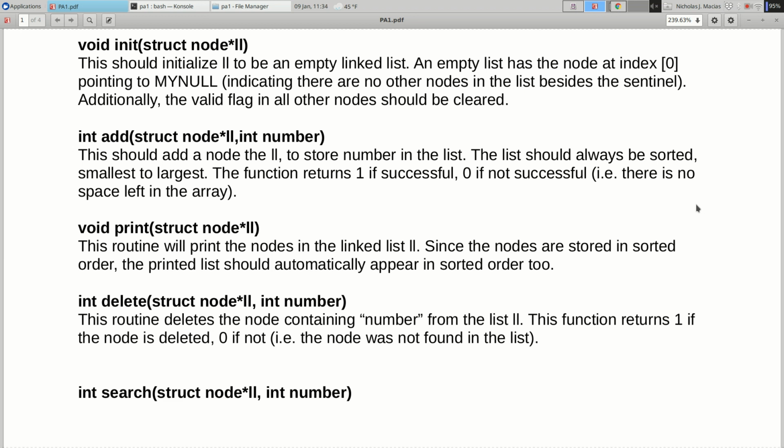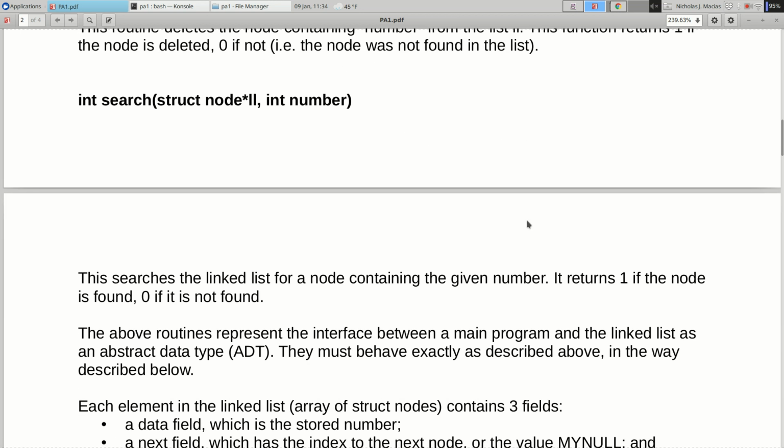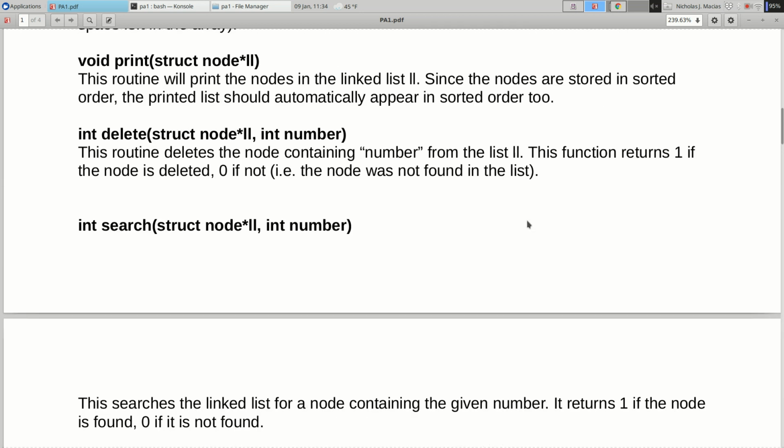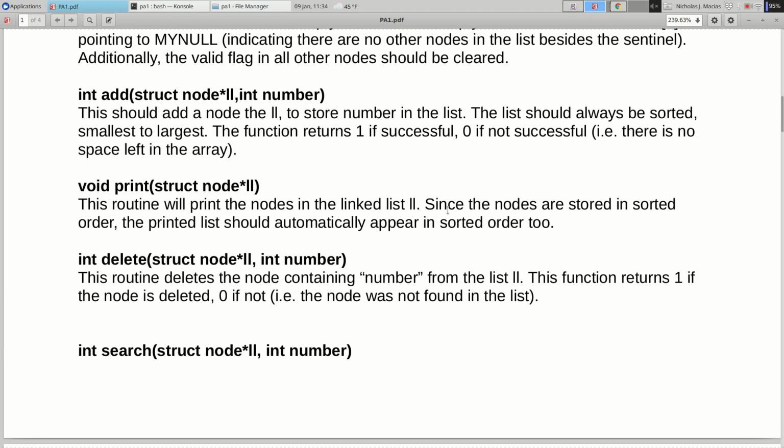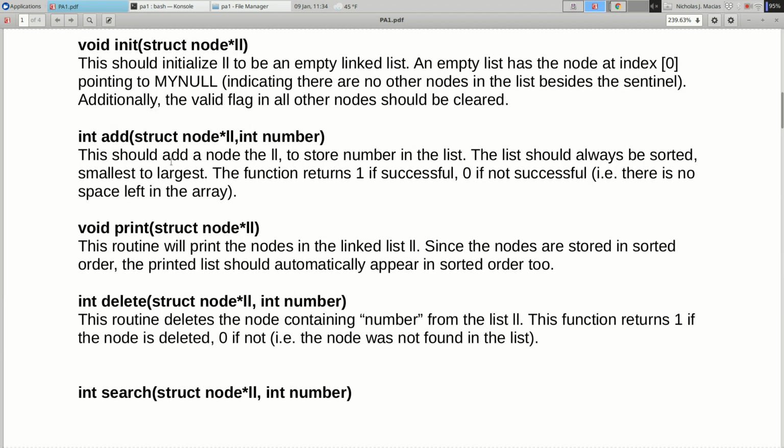Delete takes the array of nodes and an integer, looks for that number in the list. If it finds it, it deletes it and returns a 1. If it doesn't find it, it returns a 0, saying I couldn't delete this because it wasn't in the list. And search takes an array of nodes and an integer, searches for that in the array, and if it finds it, returns a 1, doesn't find it, returns a 0. So you're going to write these 5 routines,